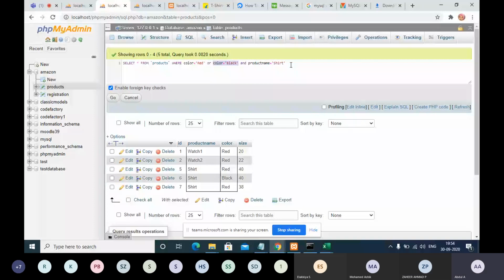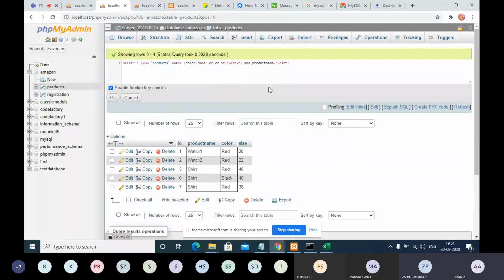So you are applying two conditions for the same column. In that case, you need to put brackets, so the system will automatically take it as one condition. Either red or black can come, but only shirt comes. For example, if you don't want shirt, you can remove the brackets.